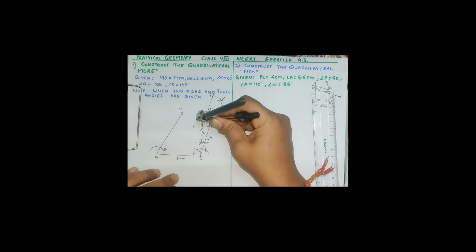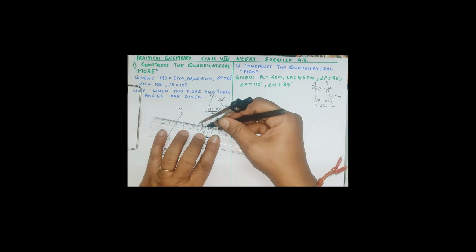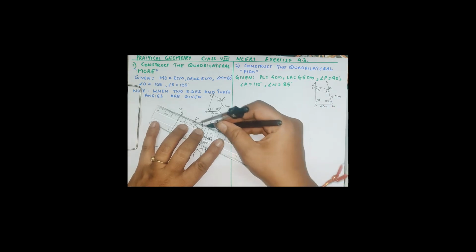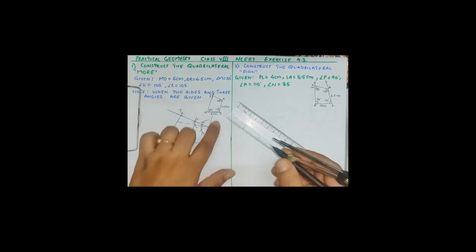Okay, and at R we have to draw again RZ such that ORZ will be equal to 105. So again take any arc, cut first arc 60 degree, second arc 120, then 90 in between because it will help you to find out the angle measurement of 105 which will be exactly the angle bisector of 90 degree and 120 degree. Here like this you will get 15 degree and 90 plus 15 is equal to 105. So MORE, here it is Z.